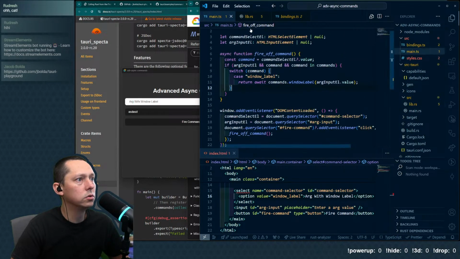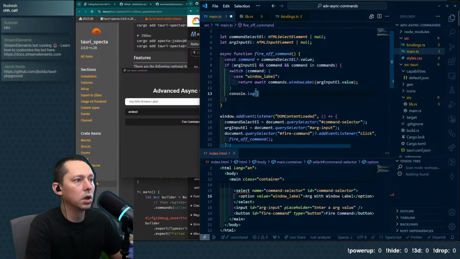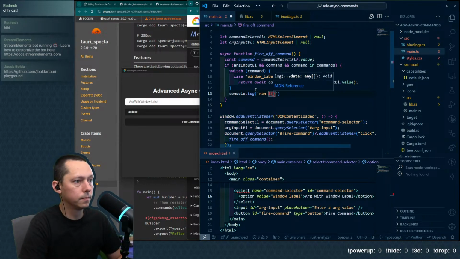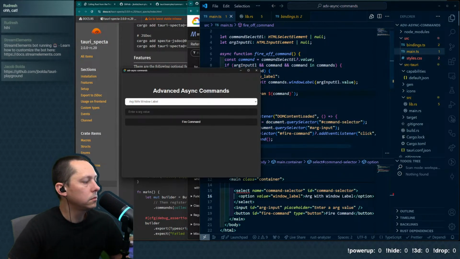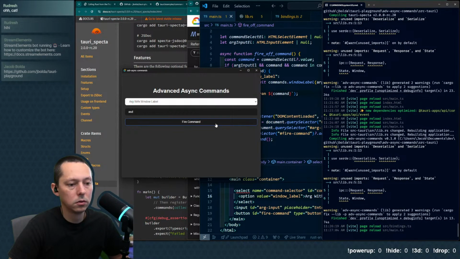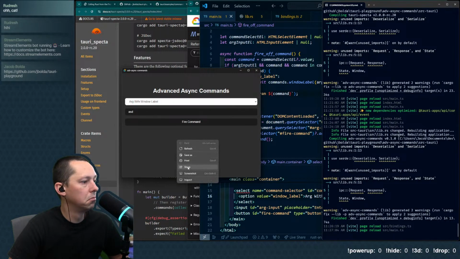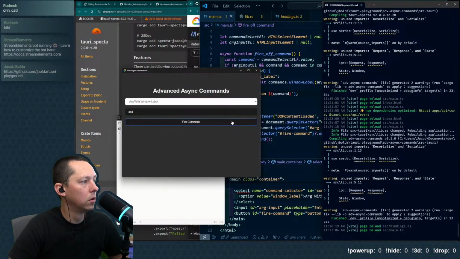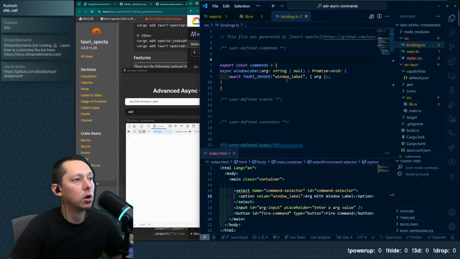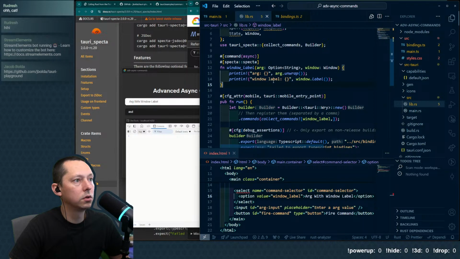We can also do, after the switch finishes, a log. And we'll say ran command. Okay, so it is definitely not doing its thing.